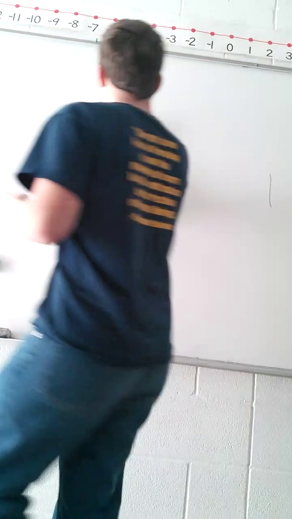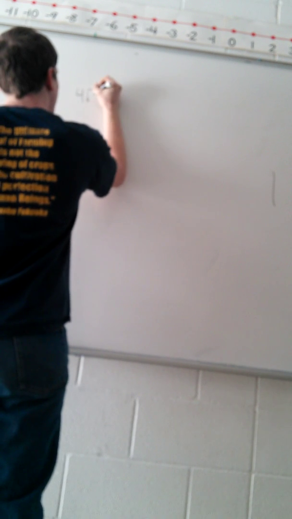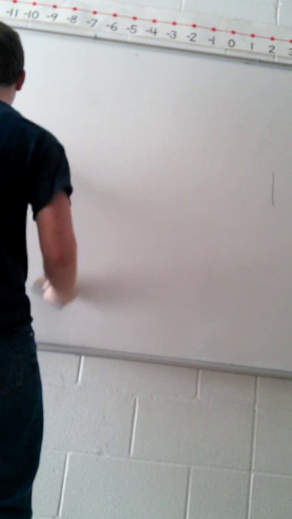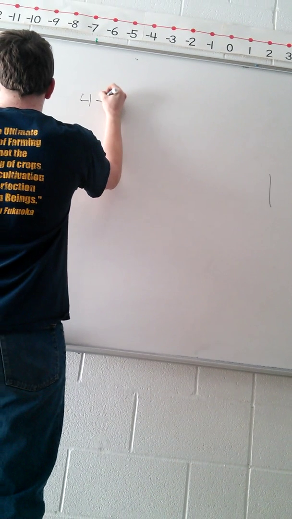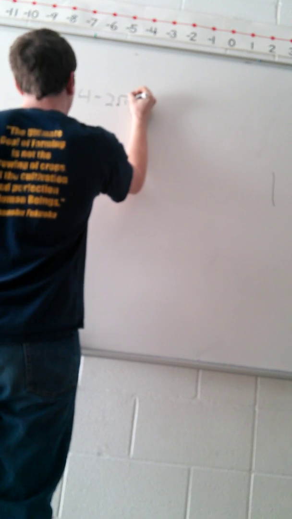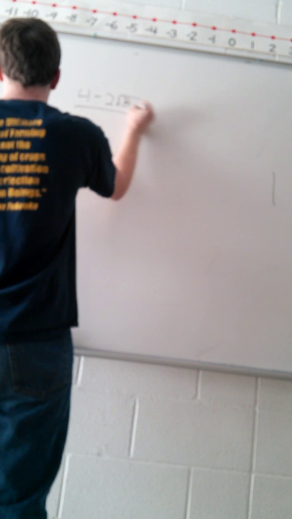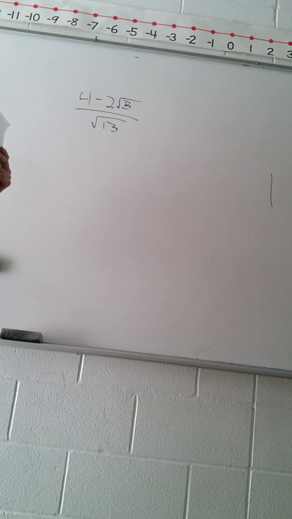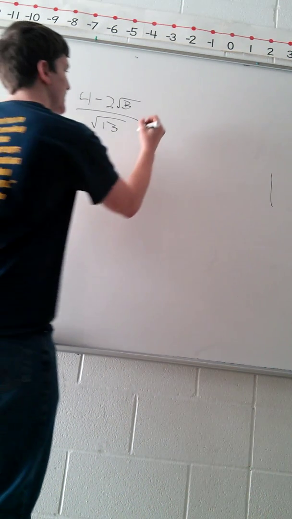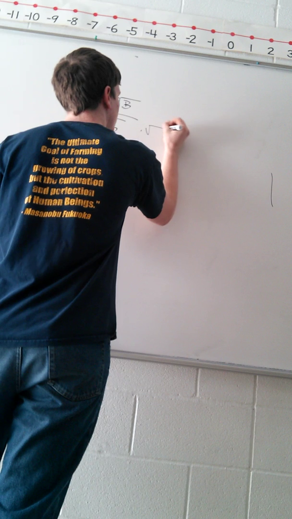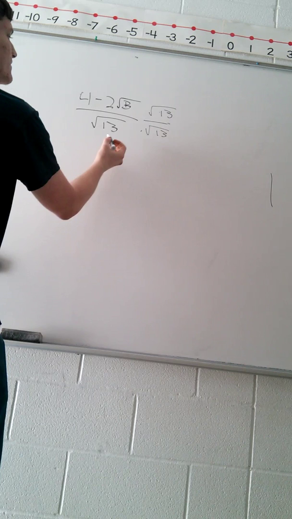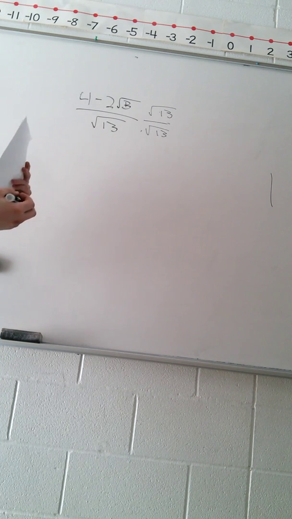Alright, our next problem is pretty much the same as the one Aubree just did. We have 4 minus 2 radical 3 over radical 13. And we have a radical on the bottom and we can't have that. So to get rid of the radical, we have to multiply both sides by the radical 13. So multiply by the radical 13,